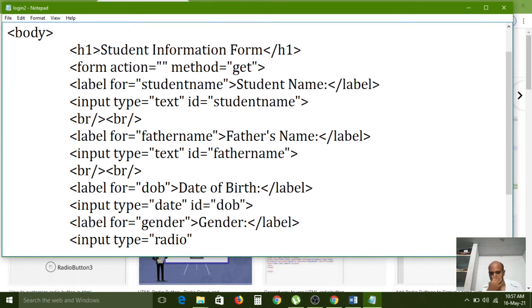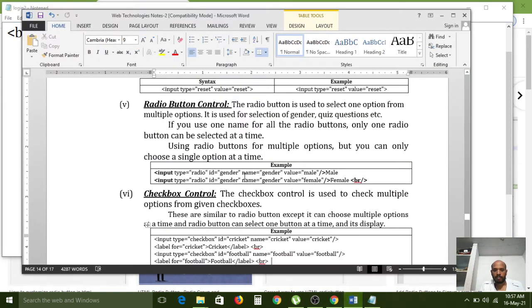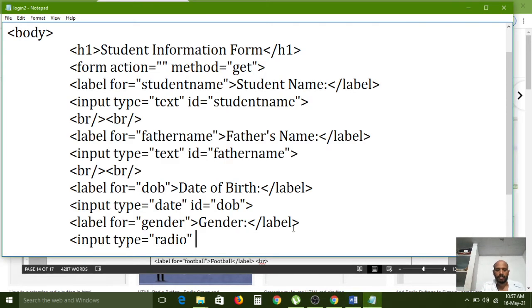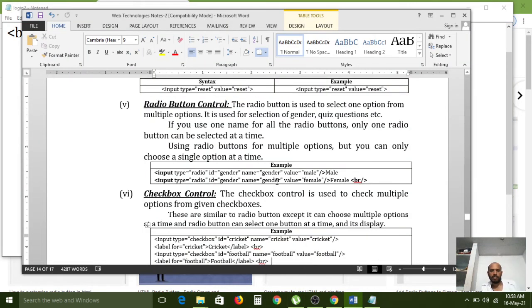Here ID is not required, and name, wait. Okay, name equal to gender. Name is equal to gender.